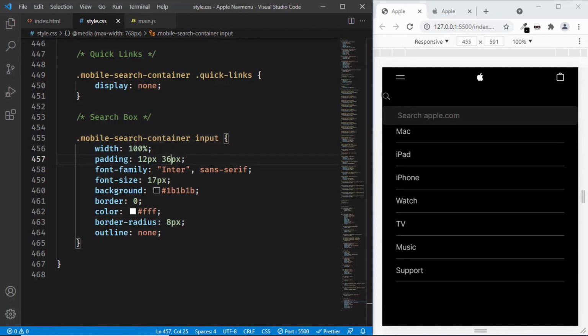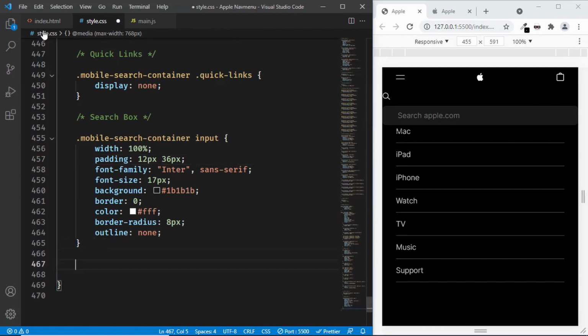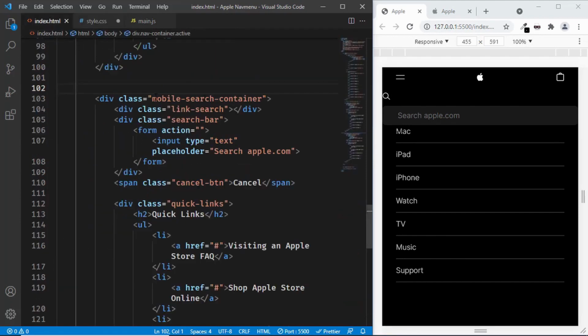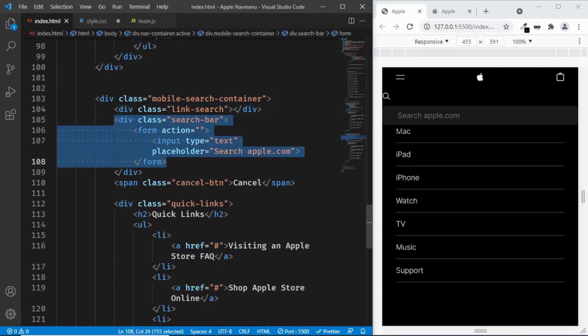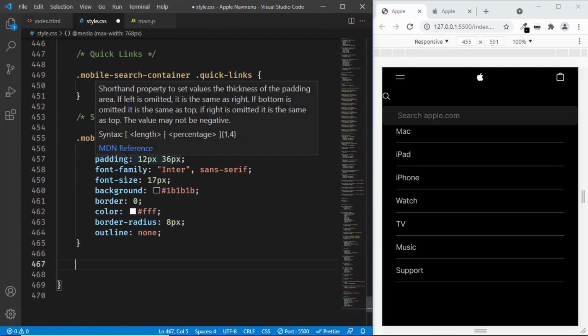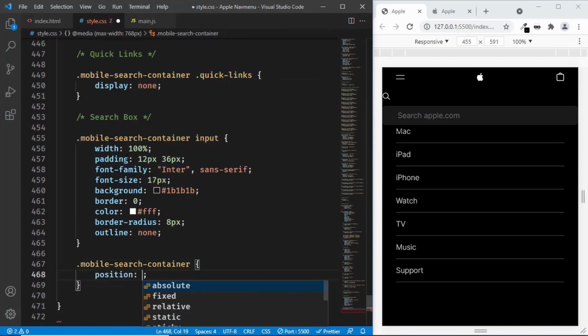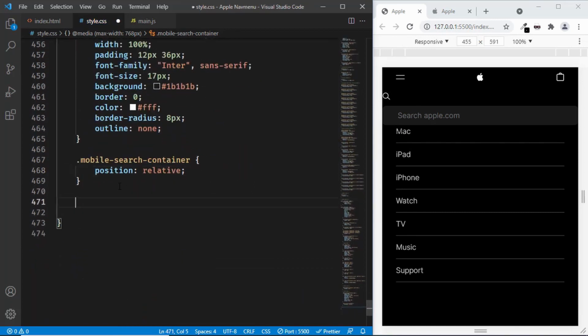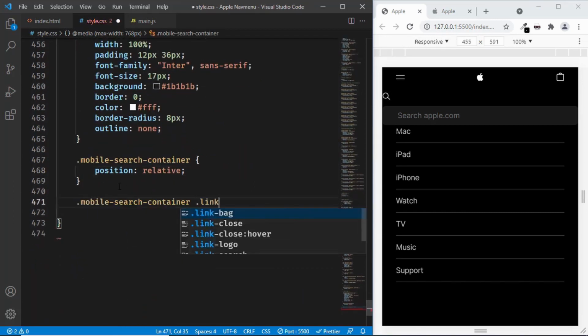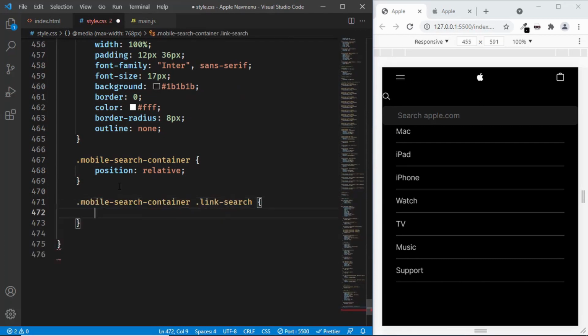Alright, now let's position this search icon on the left of the search bar. So let's target the container division. Here we can see we have this division with the class of mobile search container. And in that we have the link search, the search bar, and also the cancel button. So let's go over here and type mobile search container, and we'll set the position to relative. And now we can set the position of this icon to absolute. So let's do that. We'll type mobile search container link search, and let's set the position to absolute, and